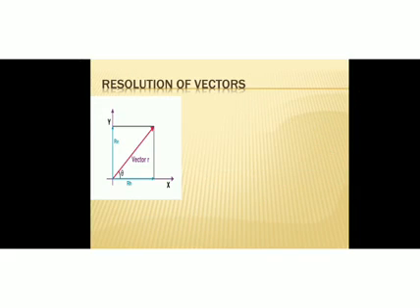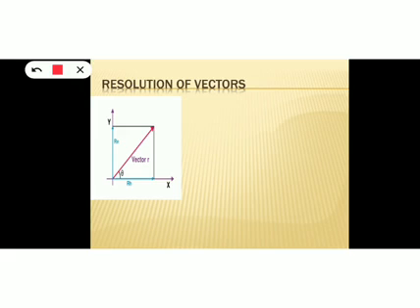Now here, this vector r has been resolved into two components, RH and RV. RH means horizontal component and RV means vertical component. Let this vector r make an angle theta with the x-axis. So we can apply the trigonometric relation here. From this right angle triangle, this is a right angle triangle, right? Because in order to resolve a vector, what is the first thing? First we have to find out the mutually perpendicular components of this vector r.